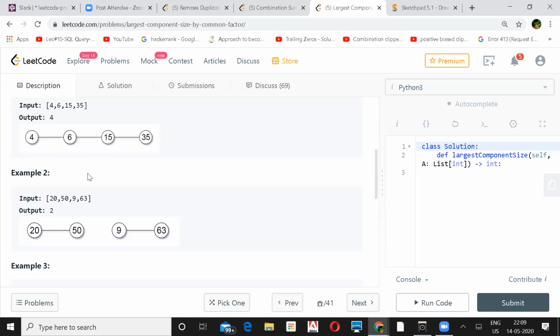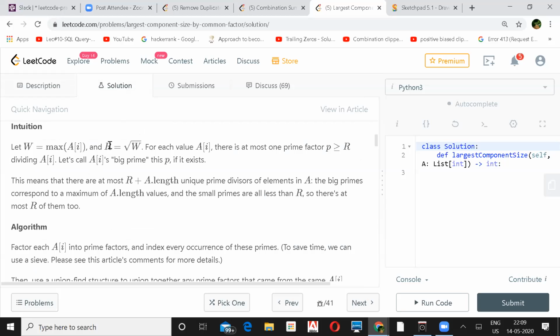And a small optimization they have done while calculating the prime factorization. They have taken the maximum number from the array, and they have taken the square root of that. So that is a better way of calculating the prime factors, or else you will have a lot of time. The normal way gives you a TLE. And also I found that when you're trying to implement the union find or DSU, if you don't use path compression, then you hit a TLE.